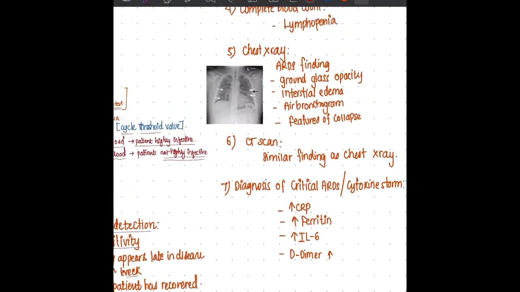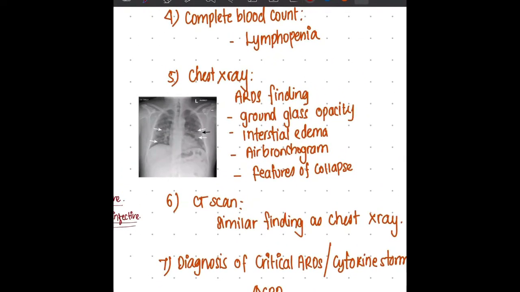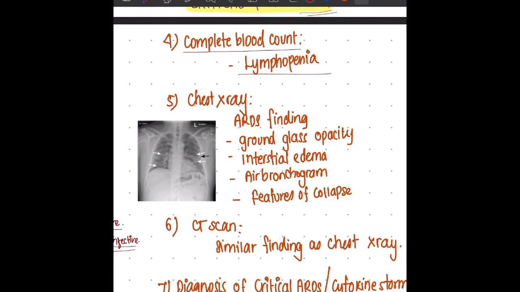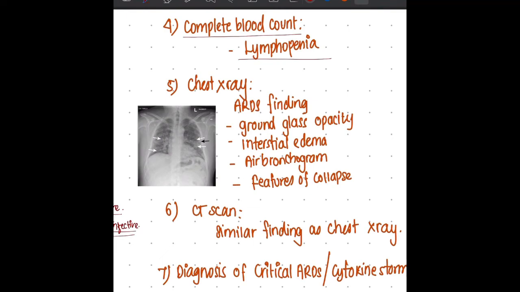There are other tests which can be done in a patient who presents with COVID-19. If you do a complete blood count, then COVID-19 cases will have lymphopenia, right? The lymphocyte count will be low. And chest X-ray and chest CT are particularly used for prognostication of the disease as well as to check how